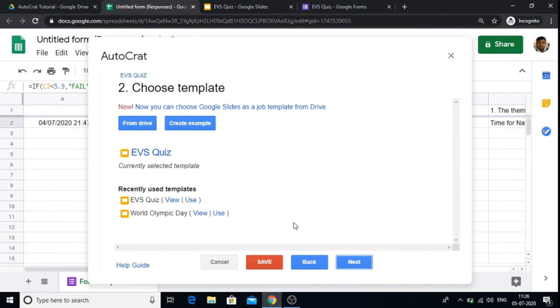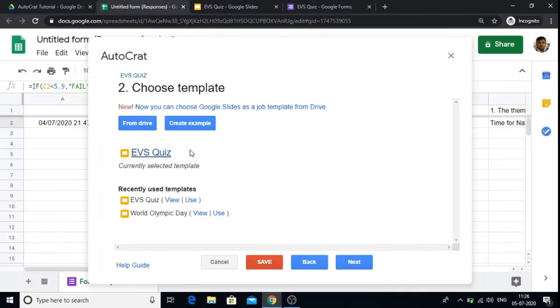Choose a suitable template by clicking on the From tab, Drive tab and choose Google Slide where you have to prepare your certificate and click on the next button. I have chosen the same slide which will be reflected here and click on the next button.